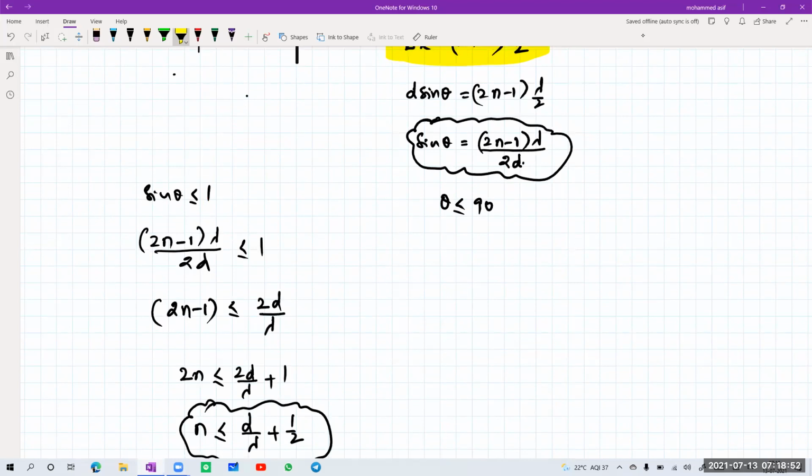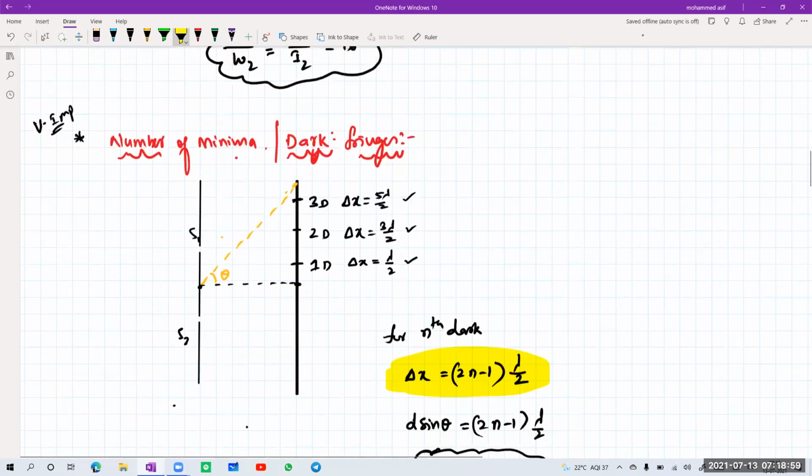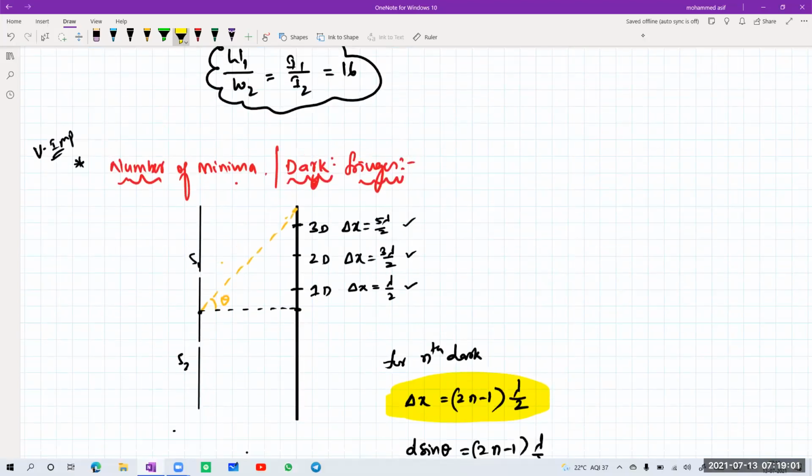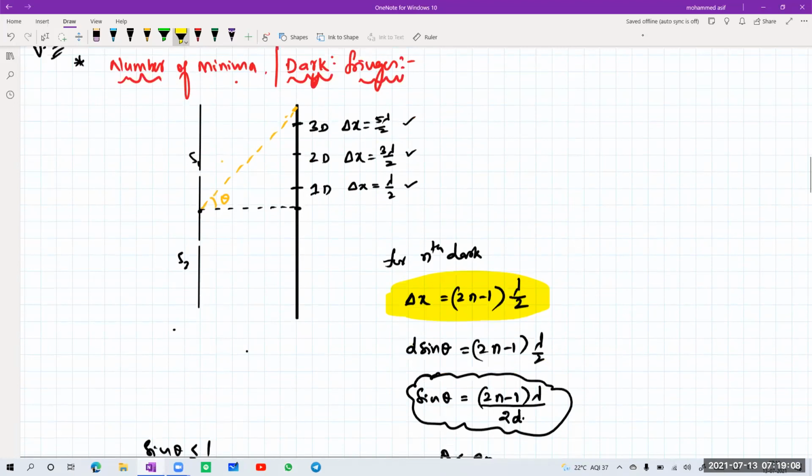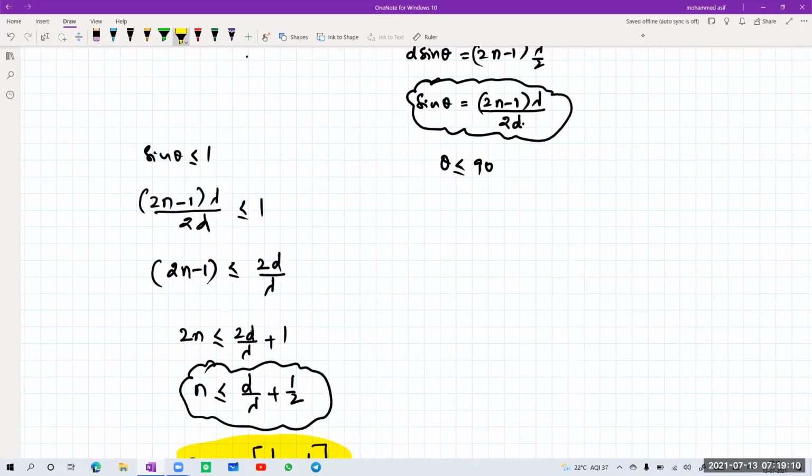If sine theta is lesser than or equal to, if I'm multiplying with sine on both sides. Is it understood by everyone why theta is lesser than 90 degrees? If theta keeps on increasing, the number of fringes on the screen cannot be seen and that will go up to infinity, isn't it? So lesser than 90 degrees means sine theta is lesser than or equal to 1. Maximum is nothing but equal, and if you need to count on the screen, it should be taken as lesser than 90. So multiplying by sine on both sides, sine 90 into sine theta. Sine 90 is 1, so sine theta is lesser than or equal to 1.